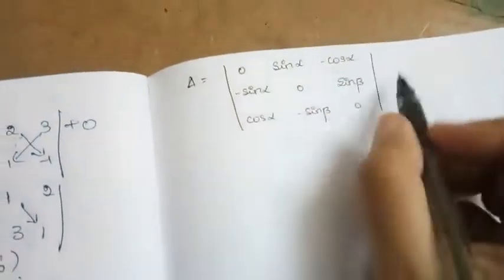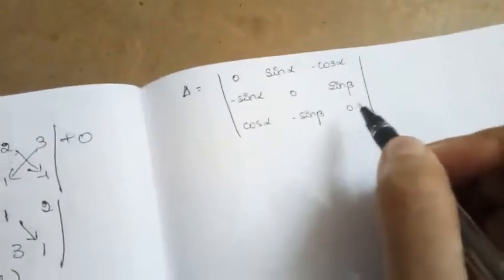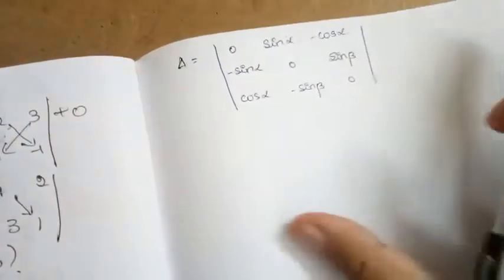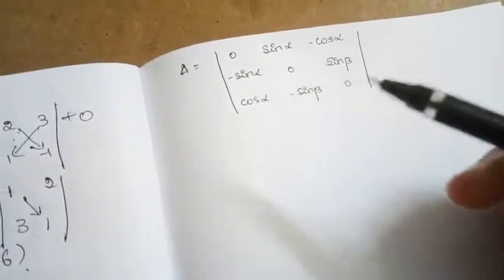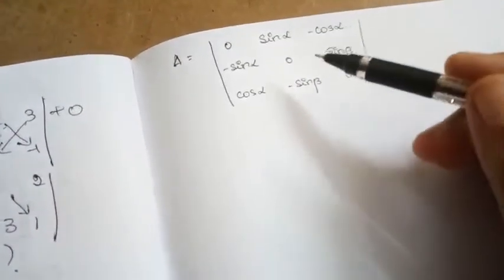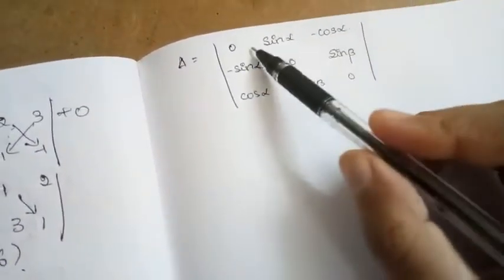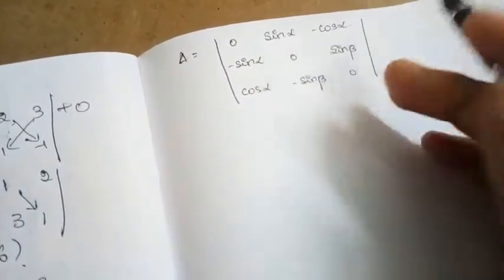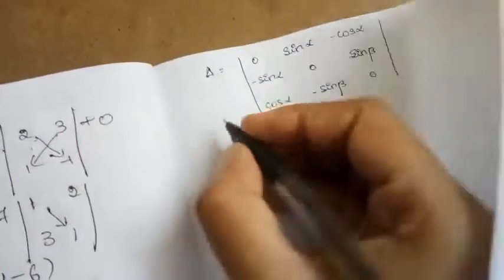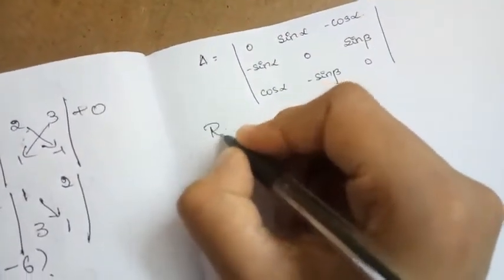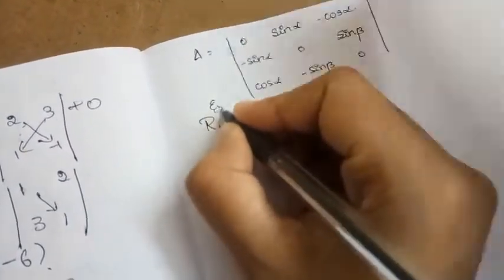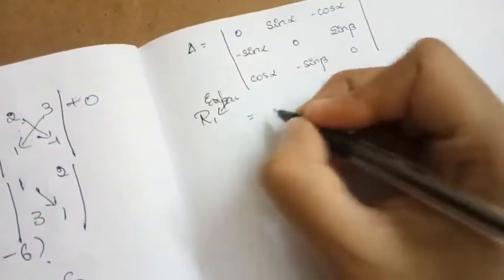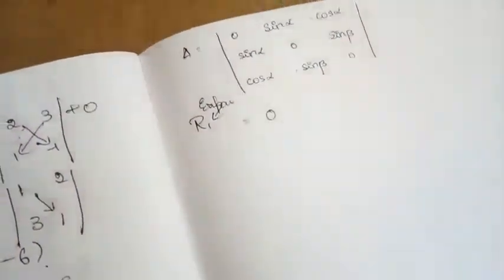So here they have asked you to find the determinant value of this one. So how are we going to find it? You can just check once which row or column consists of the highest number of zeros. You can see clearly that if I consider any row or any column, it has only one 0, so I can go with any row or column. So for my convenience, I am expanding this one along the row R1. So in row R1, first itself it is a 0.